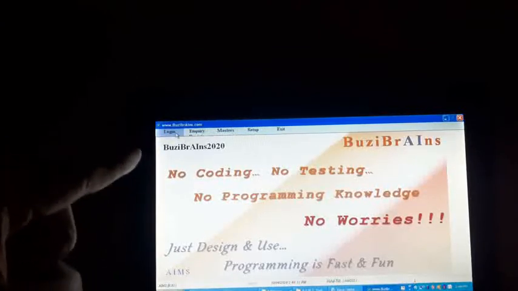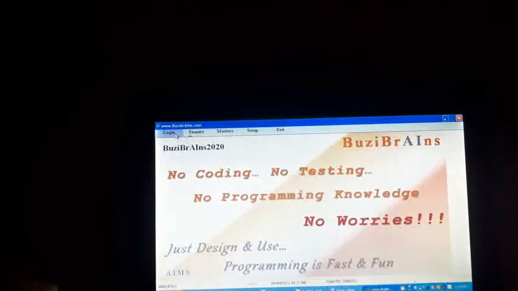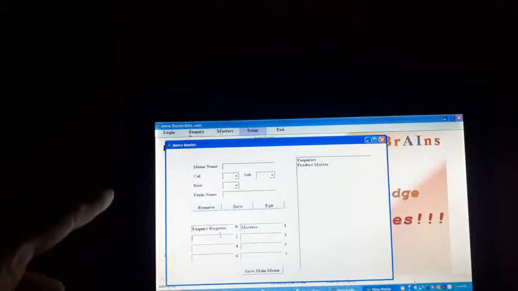If you see, there are horizontal menus on the screen. So we'll see how to create those menus. We'll go to setup, go to menu master. Menu master has two halves. The inquiry register and master, which appear on horizontal, are written in the second half.